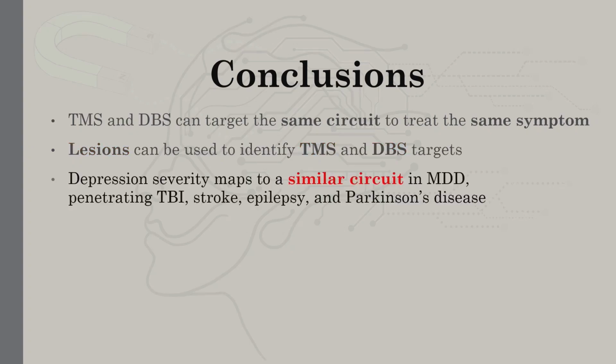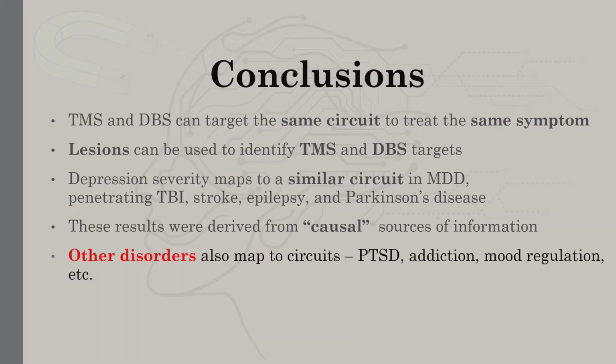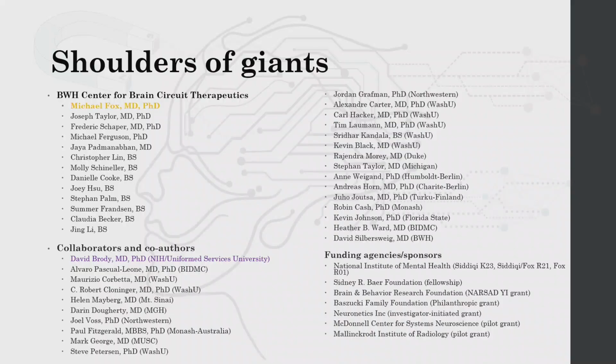symptom. Lesions can be used to identify TMS and DBS targets. There's a similar circuit in different disorders, including all these, and also now multiple sclerosis. This was based on causal sources of information. We can do it with other disorders like PTSD, addiction, mood regulation, and we can potentially personalize based on symptoms or connectivity. And of course, a lot of people helped make all this happen, including funding agencies, collaborators, people who